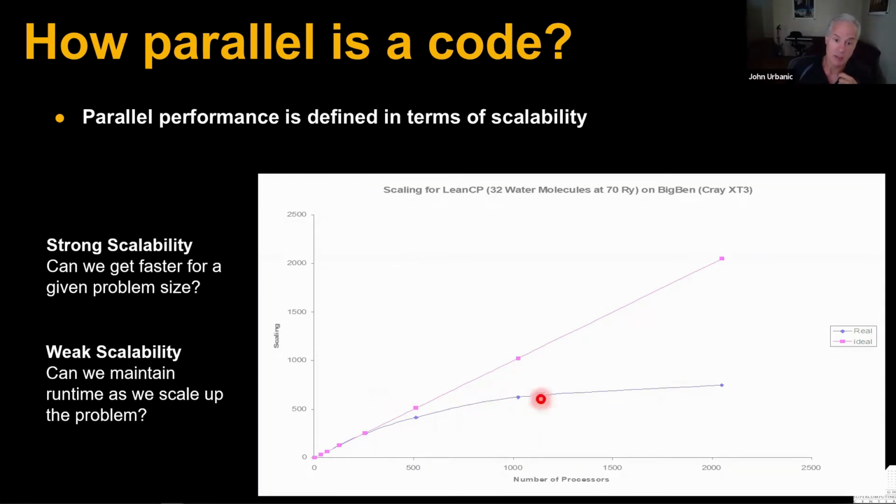It's not scaling perfectly. So on 1,000 processors, it might only be running 600 times or so faster. But that might be a big enough win for you. Certainly 600 times faster puts you in a completely different ballpark than people that don't have a parallel code. You can do a simulation in a day that would take them 2 years to do. But we can see with this code, there's really no point in running it on 2,000 processors. It doesn't speed up that much more, and yet you're hogging a lot more expensive hardware. So the scalability gives you a very good idea of how well you've succeeded in scaling your code up.